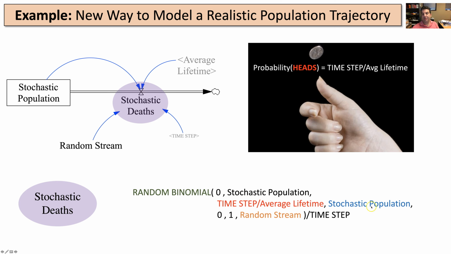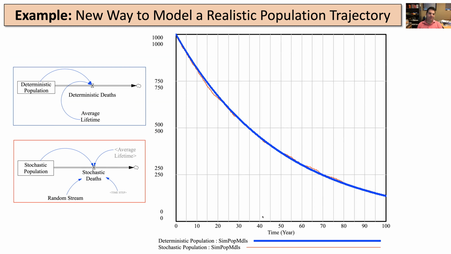And then we've got the number of tosses, the number of bacterium we're trying the Russian roulette out on. The 0 and 1, that's the shift and stretch that we don't worry about. We just leave them as 0 and 1, and then our random stream in there. If we do that and hit run, we end up getting a result that looks like this one.